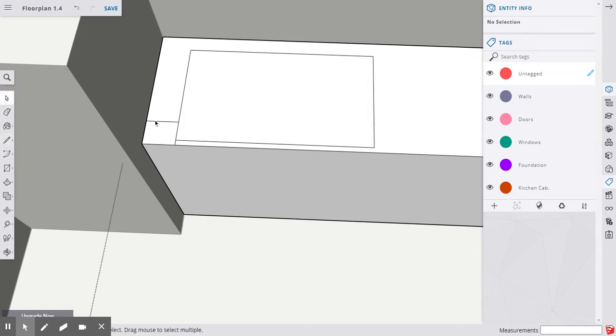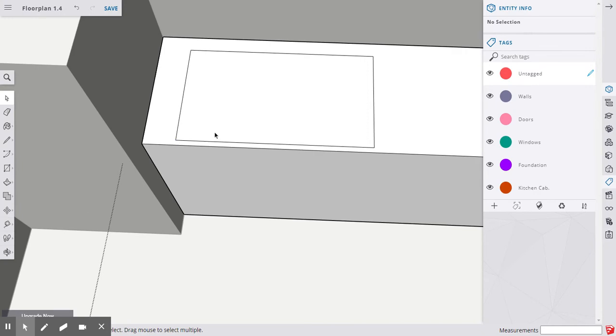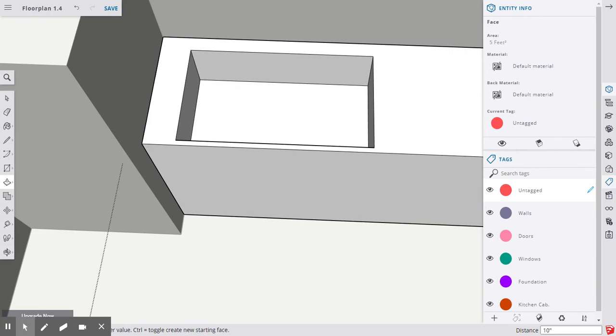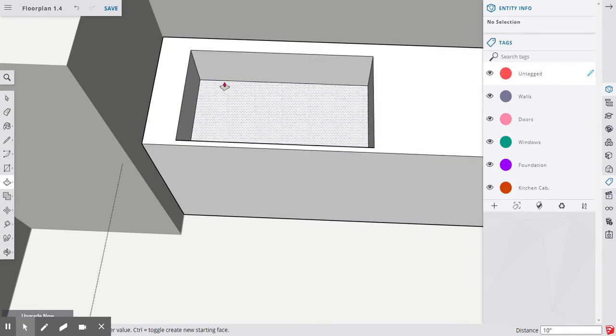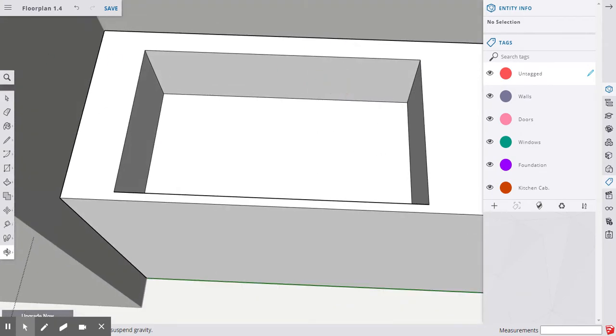I'm going to grab the selection tool and delete these additional lines that we don't need anymore. I'm going to highlight now the kitchen, or the surface. I'm going to grab the push and pull tool. I'm going to take it down about 10 inches. Okay, so I pushed it down about 10 inches, and now we can find the center